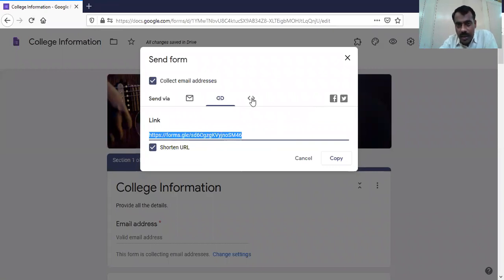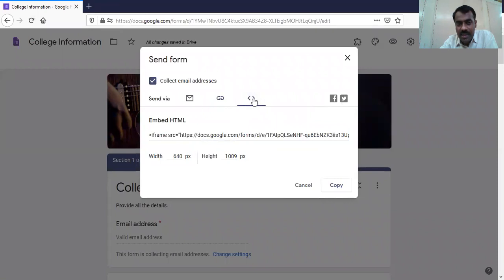And if you click on this embedded HTML, this is for when, for example, you have your university website and you want to put this form in the website itself, not separately as a Google form.